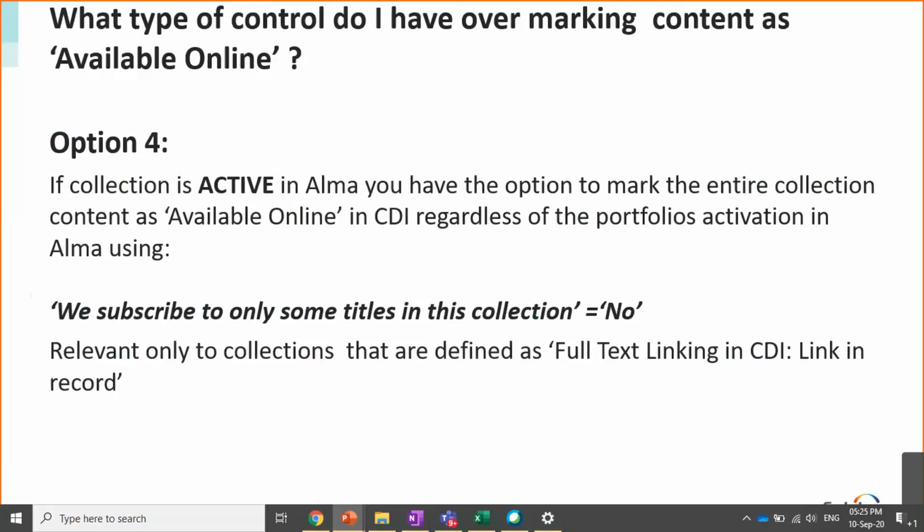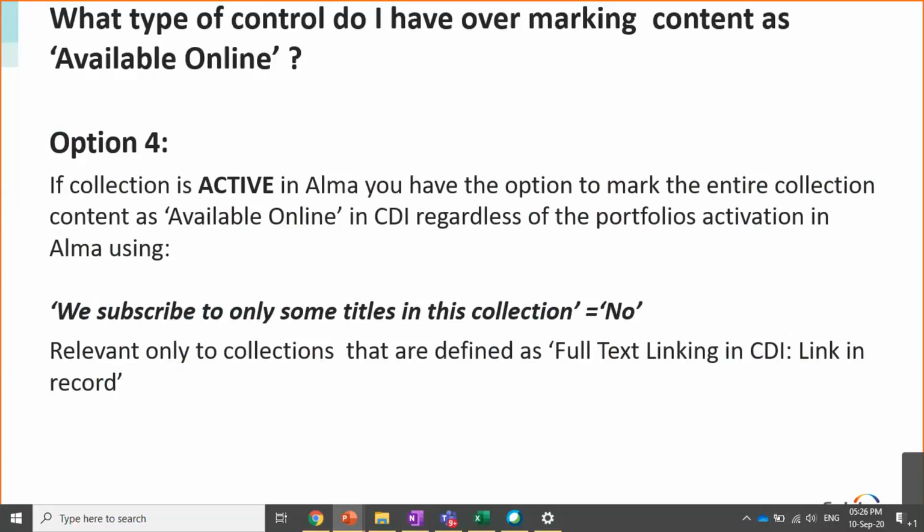Okay? So this is to expand beyond what I have. It's telling CDI to disregard the portfolios that I have active in my collection and make any other title that is part of this collection in CDI, mark it as available online.